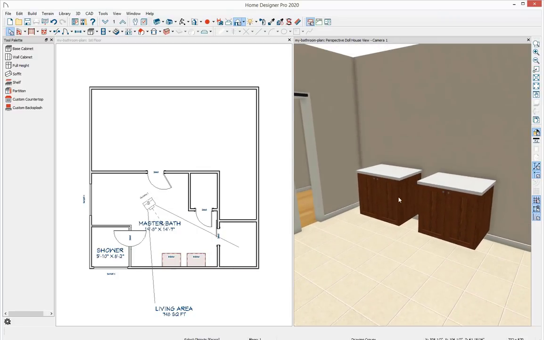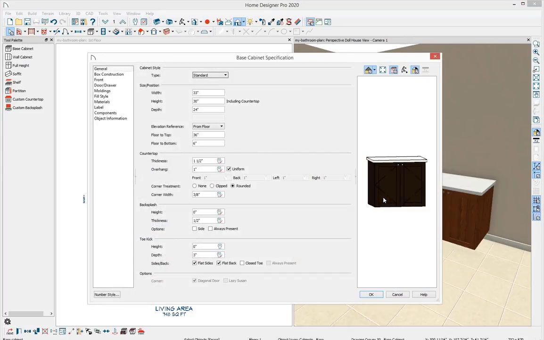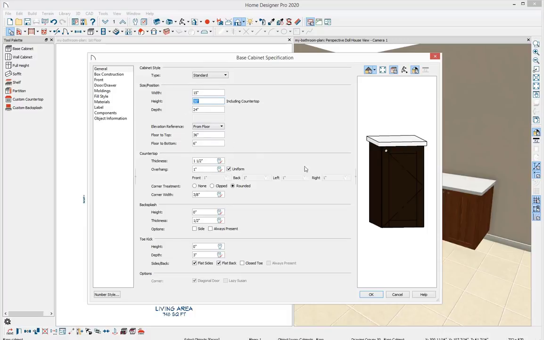And now let's open up the specification dialog for this cabinet so we can make a couple more changes. This is going to be the middle cabinets, and they're just a bit skinnier. So I'm going to change the width of this cabinet to be 15 inches. And you can see how the double doors has now changed to just a single door. So the software program, it'll know that for a smaller cabinet size, it'll just remove that extra door so that